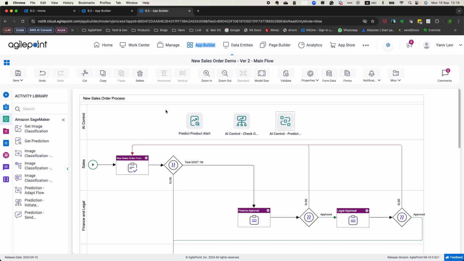Instead, they float on top, subscribing to various process instance events, such as when an activity starts, when an activity completes, or encounters a particular condition. When these events occur, the monitoring activity triggers a predefined action. This could be anything from sending a notification, initiating a sub-process, and more, enabling you to enhance and adapt process behavior